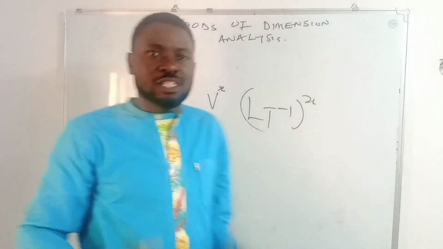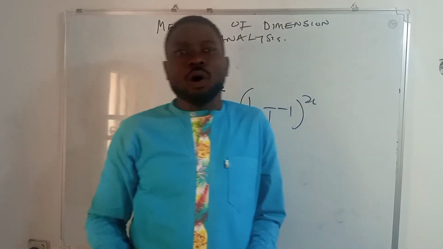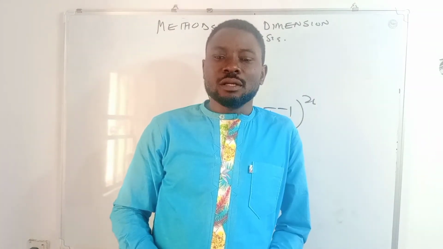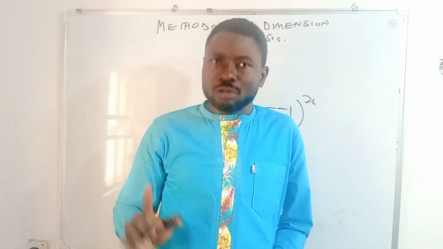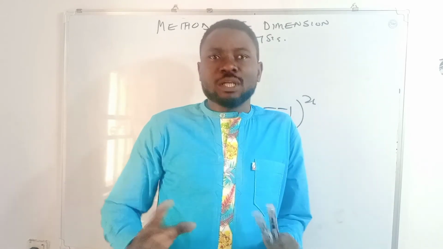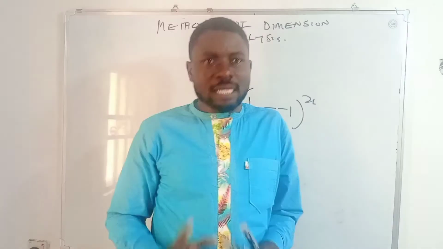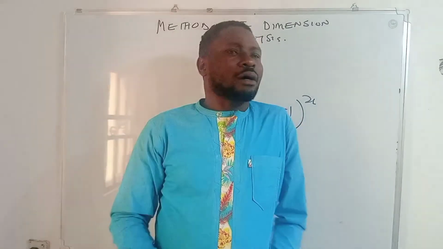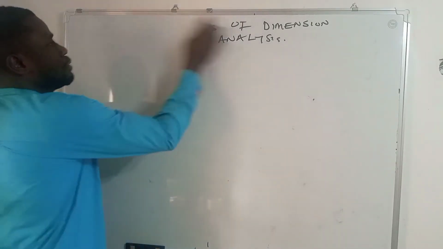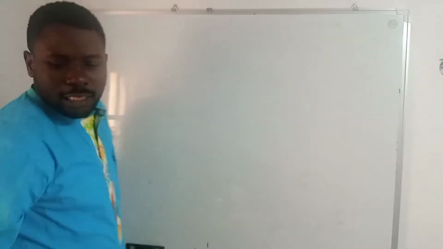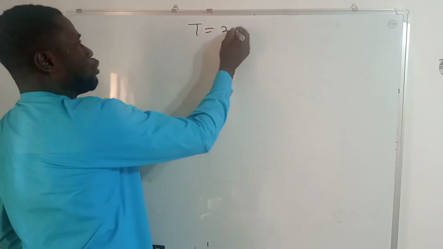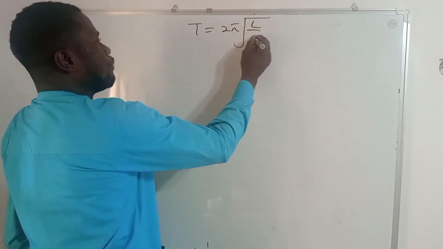That's why I said when physical quantities are raised to any power or they are multiplied, their dimensions must be treated the same way. Let's take an example now to make you understand all this that I have said. Take down the question, please. Prove that the period of a simple pendulum is equal to 2 pi the square root of L all over G.